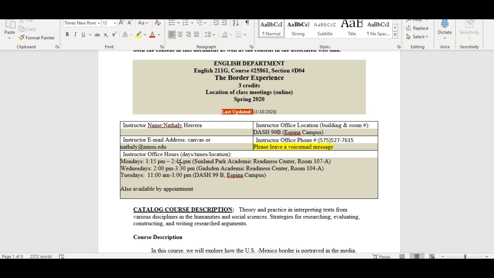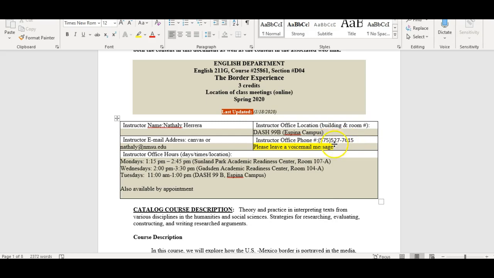If you do want to make an appointment, if these office hours do not work for you, I will gladly try to schedule something that works for both of us. However, I realize that some of you do not live in Las Cruces or in El Paso, or you just don't live in the area. So if you prefer to speak to me kind of in person, you can call my office phone number. Now, obviously, I'm only in my office on Tuesdays, but please keep in mind that when you call,